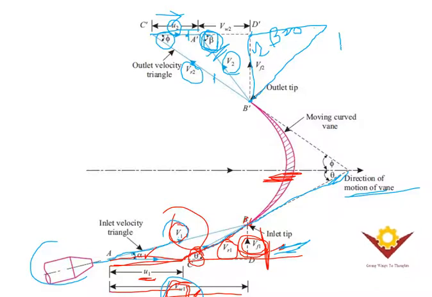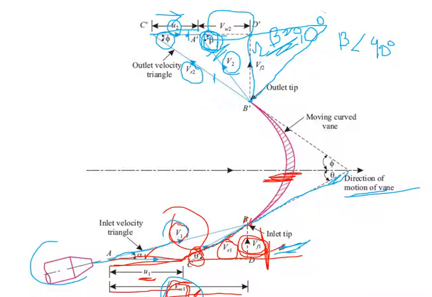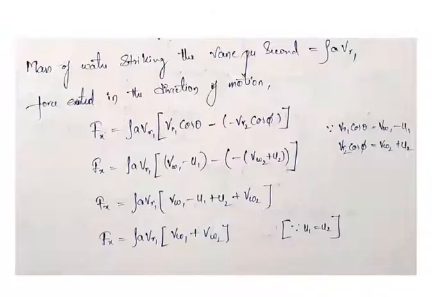Now here the beta value is less than 90 degrees. Clear? Vw2, which is the whirl velocity, becomes 0 if the beta is 90 degrees. If beta is 90 degrees, then your whirl velocity, which is like Vw2, equals 0,